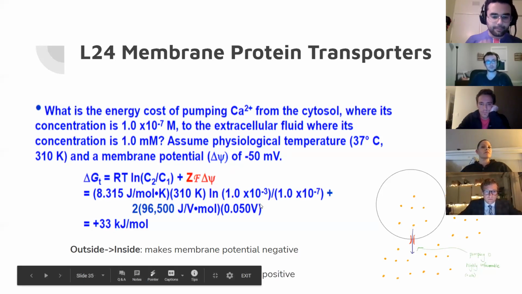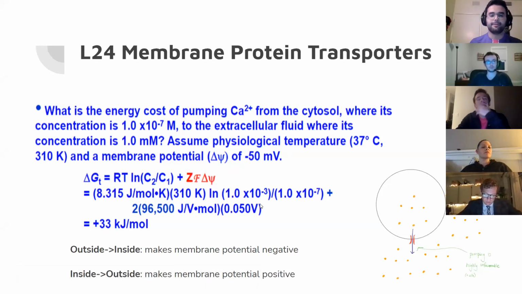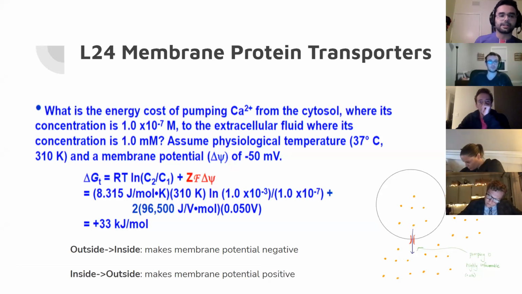So we just keep going, but the important thing here, which is what trips a lot of people, is what to do with the membrane potential, okay? If we're going from the outside of the cell to the inside, make the membrane potential negative. And if we're going from the inside of the cell to the outside, make that membrane potential positive. Ignore what's in the question, because this is just standard membrane potential, but it's not telling us which direction the reaction is going, if that makes sense. So again, outside to inside, make the membrane potential negative, but inside to outside, make membrane potential positive. And that's the best way, because everything else is mainly plug and chug. It's this one area that's kind of confusing, okay?